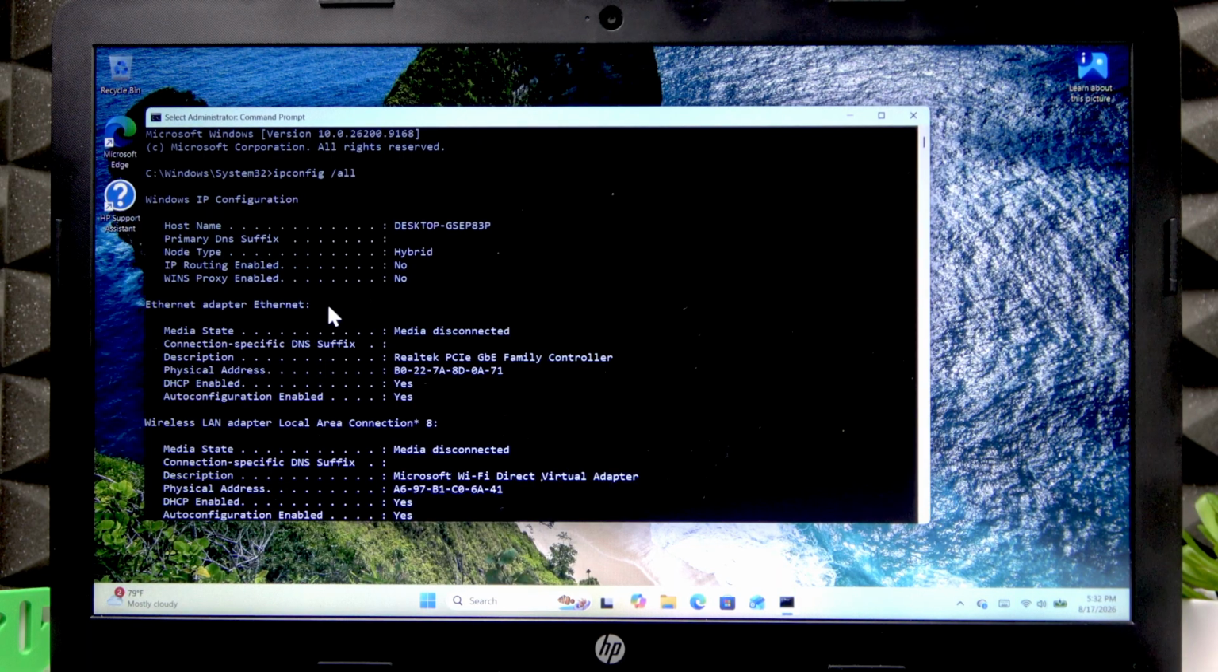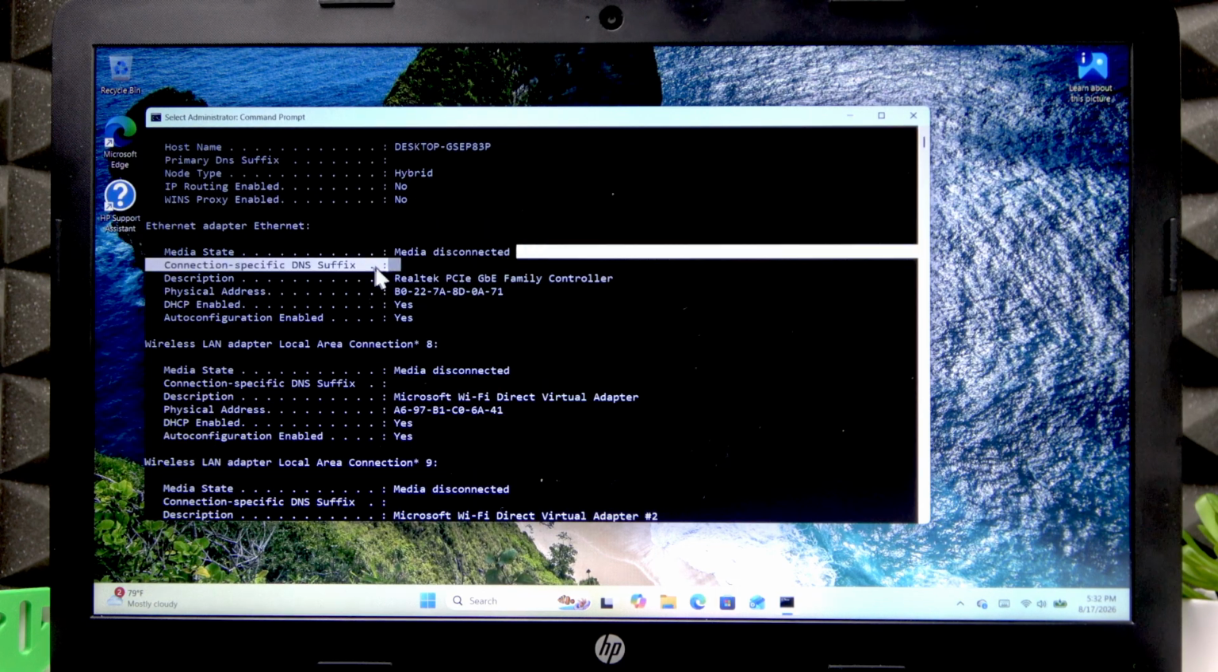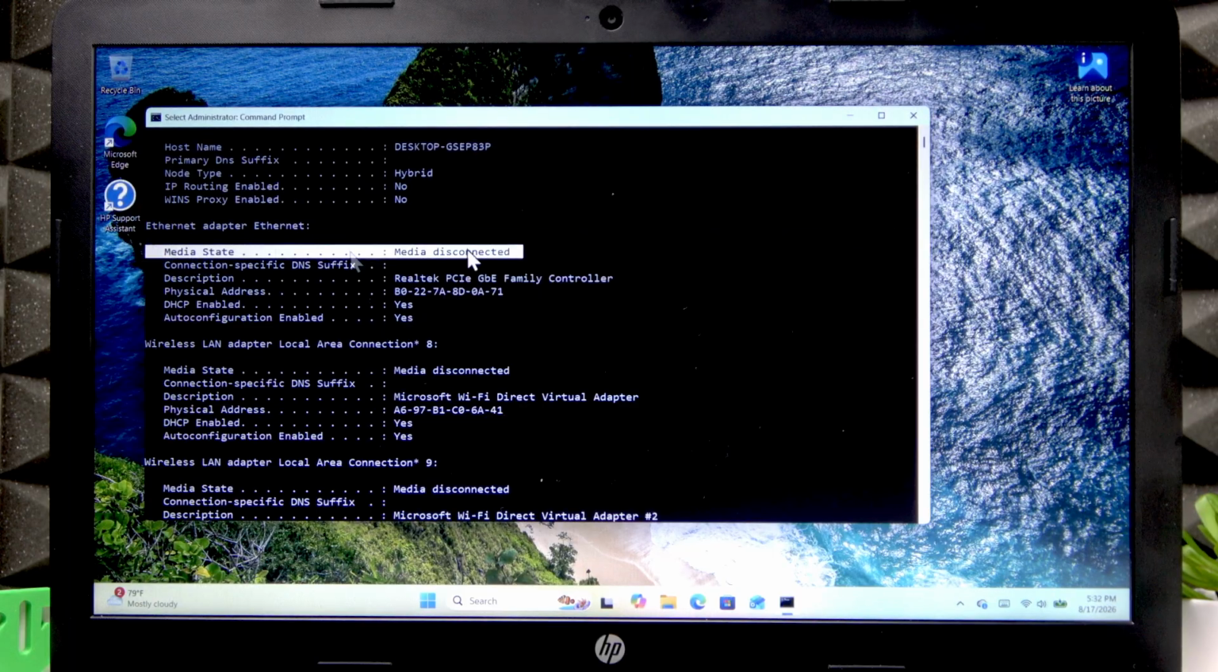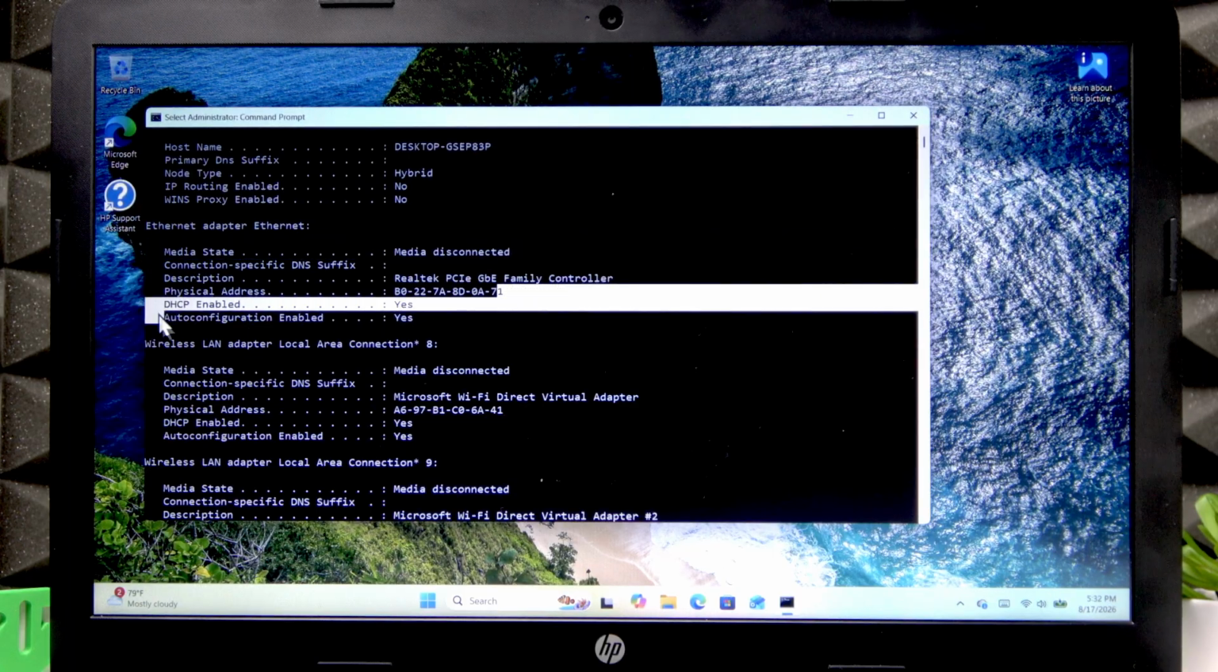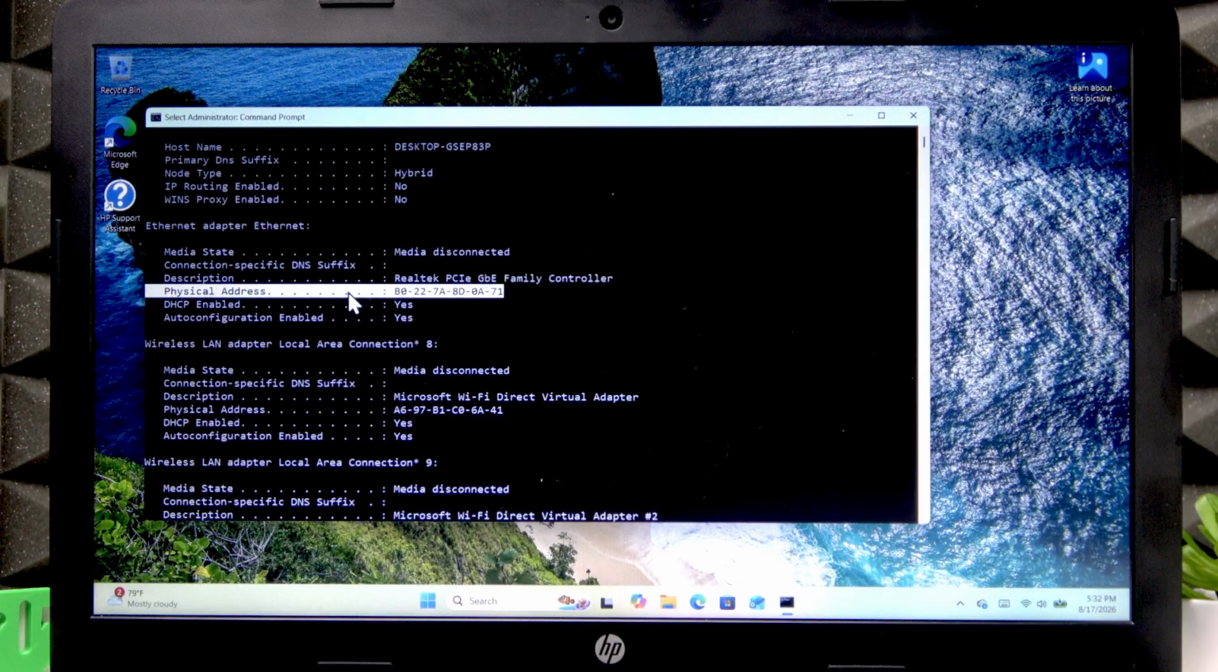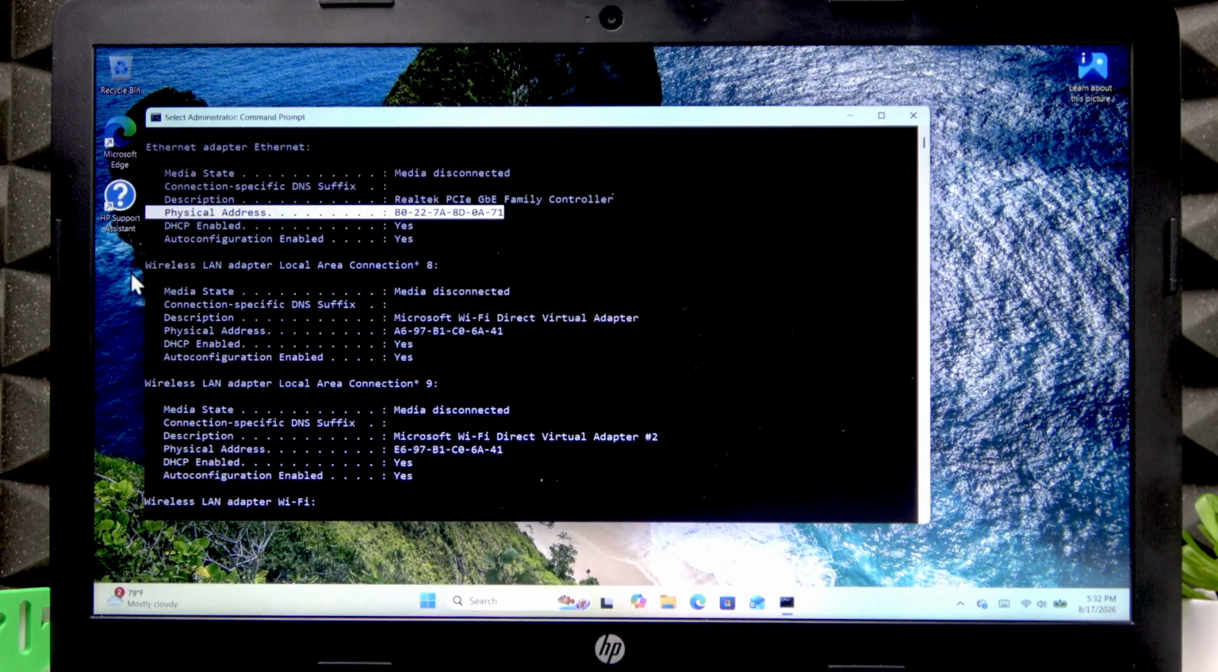internet adapters or network adapters installed on your computer. You'll find that most of them are disconnected, but each of them has the physical address, that is this adapter's MAC address. So we are looking for